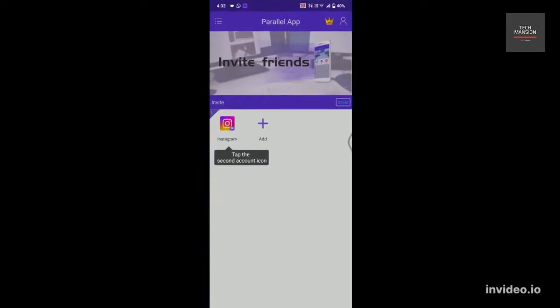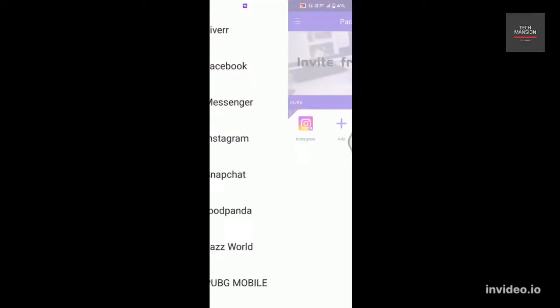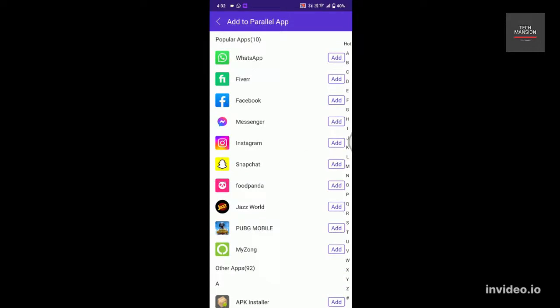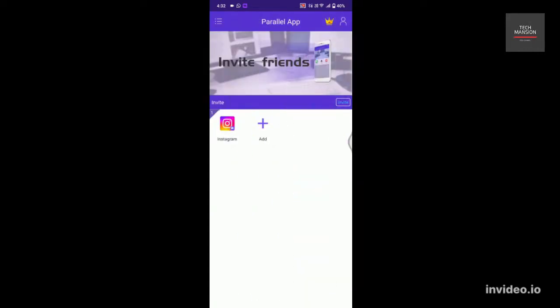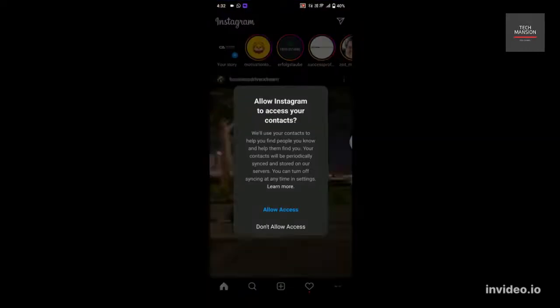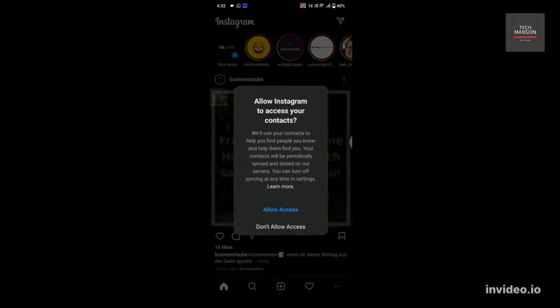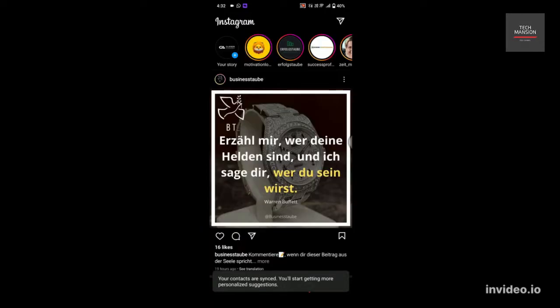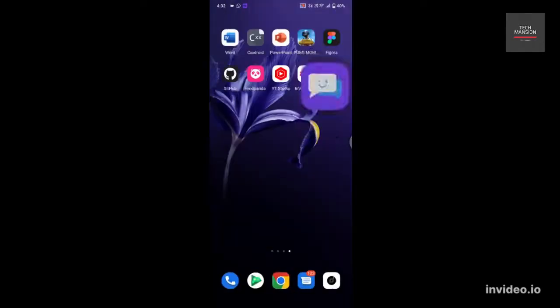Now you can click on add option. Here you can see there are a lot of options like Facebook, Snapchat. You can use multiple accounts at same time. So just go back and click on Instagram. Here click on allow access. Allow. Just go back and now you can see